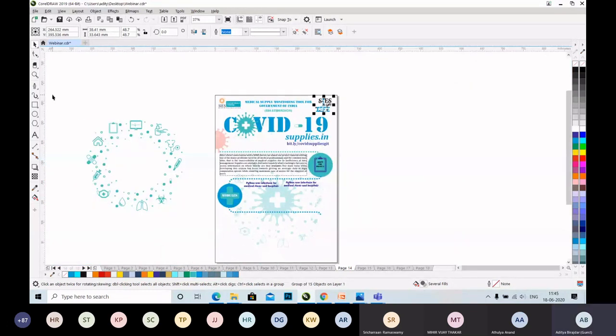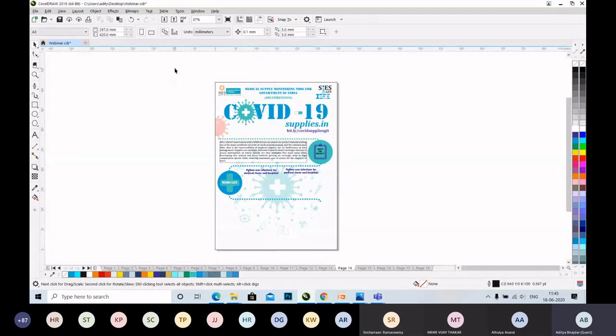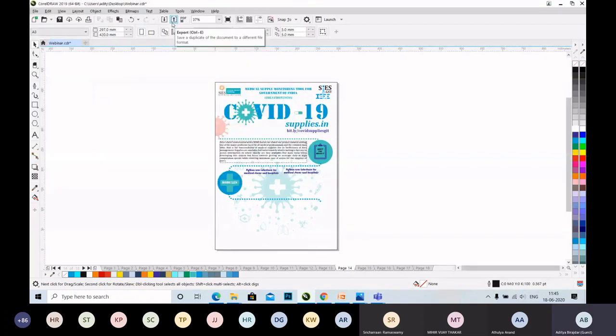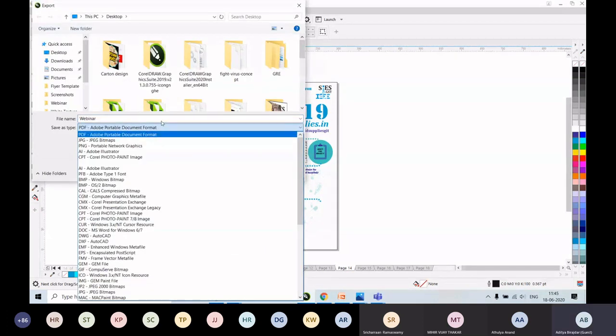The last thing is to delete the rest of the background from your poster. Now the last thing remaining is that we will be exporting it in PDF form. And to do so, click here on the export option. You can see many file formats over here, but we will be selecting PDF for now.